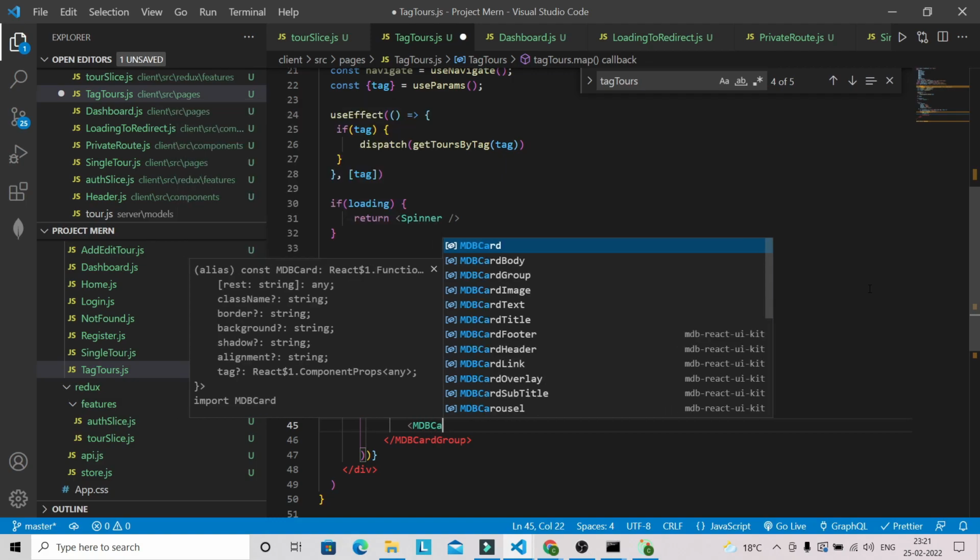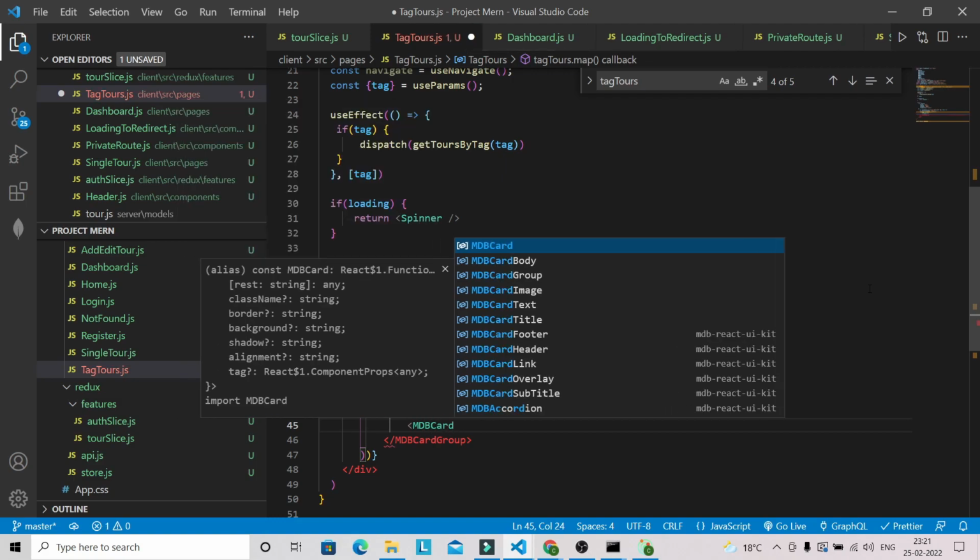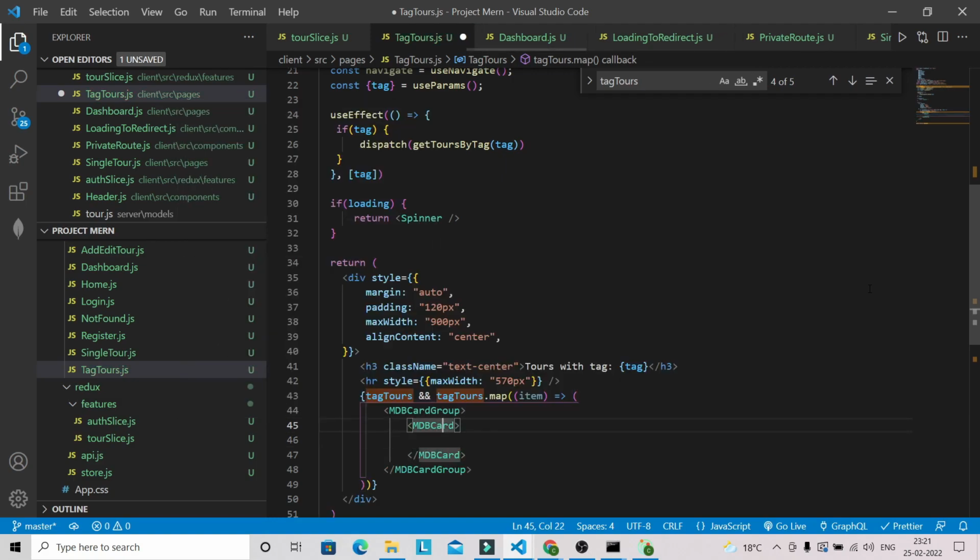We are going to have MDBCard with some inline style. Again I have to specify the max width, so I'm just going to copy this one, paste it over here, and it will be 600 pixels. And I'm going to specify the key, so here key will be item._id,